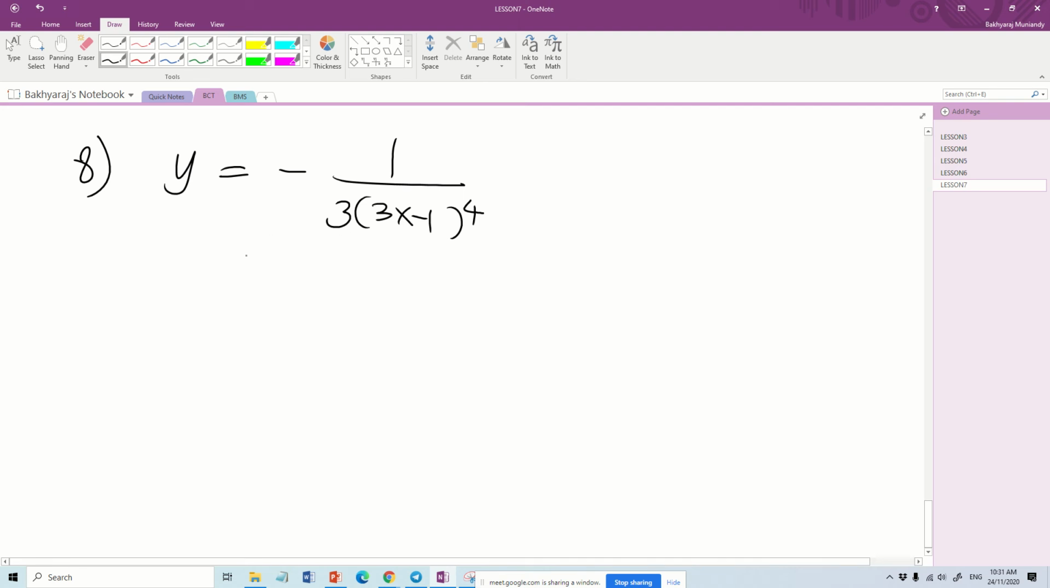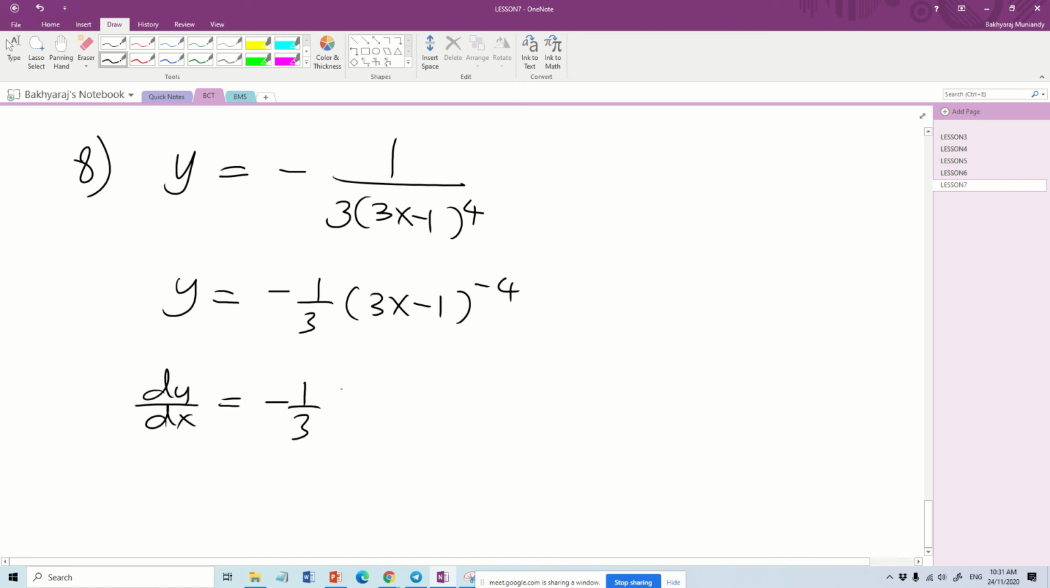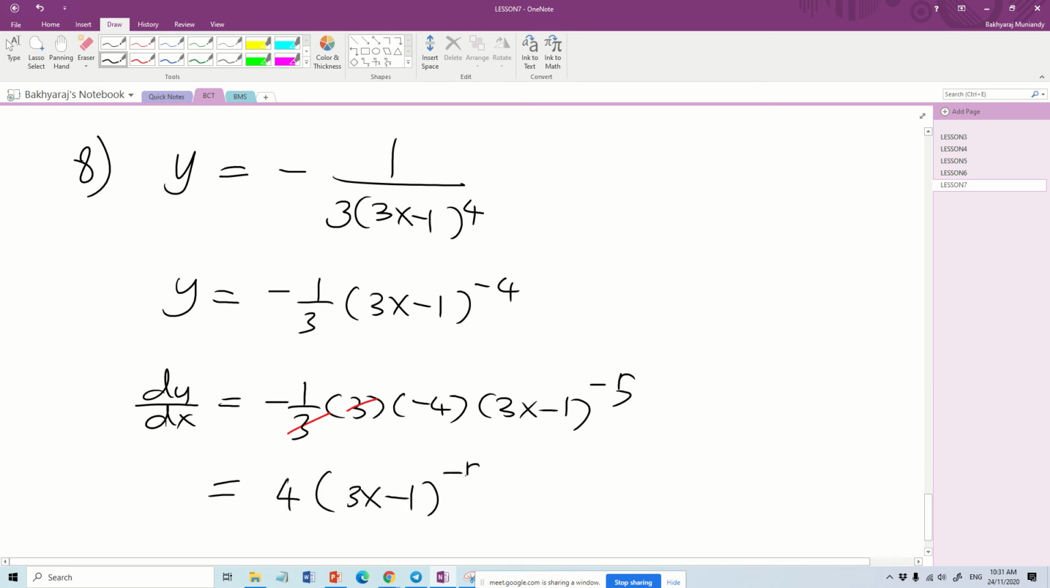Okay, so I give you the answer. Let's check the answers. So y equals negative 1 over 3 times (3x minus 1) to the power of negative 4, and then dy/dx will be equal to negative 1 over 3 times 3 times negative 4 times (3x minus 1) to the power of negative 5. Okay, kalau dah pandai dah sekarang, negative 4 terus boleh letak negative 5, become even negative, so next time negative positive, so ini boleh potong negative positive, so you get 4 times (3x minus 1) to the power of negative 5, and finally you get